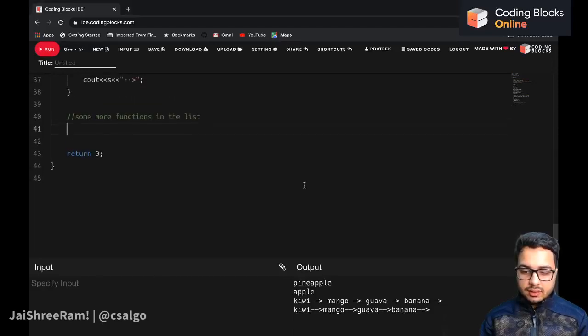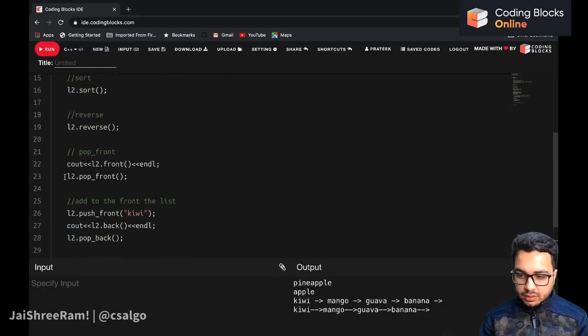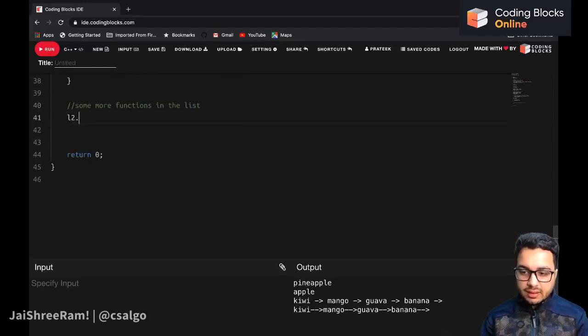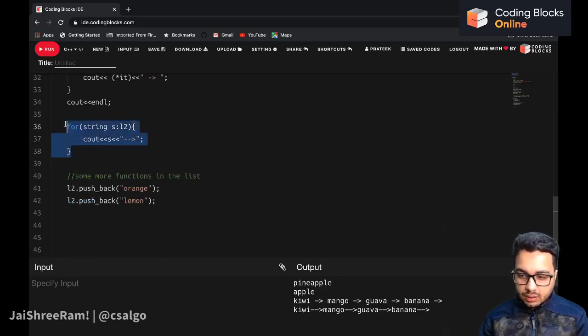Okay, let's see some more functions in the list. So let me first add some more elements to my list. I can say, okay, L2 dot pushback, let's say carrot, or let's say orange, and L2 dot pushback lemon. Okay, so I'm just adding a few more elements in the list, and let's print out all the elements of